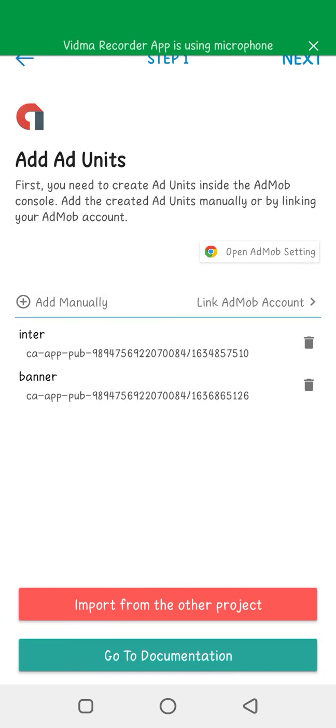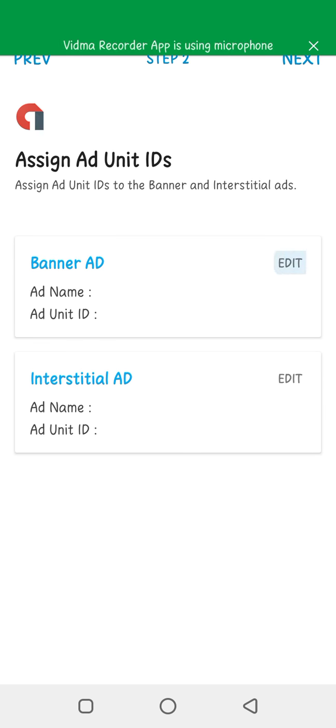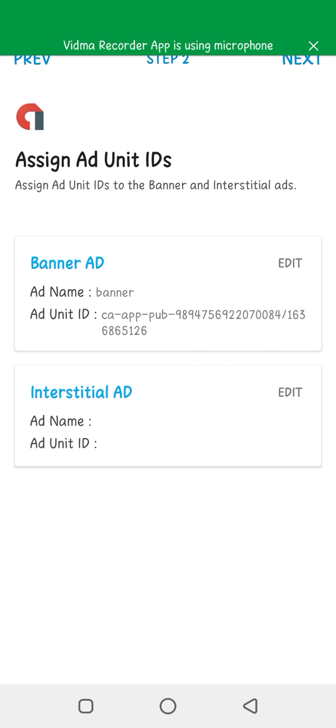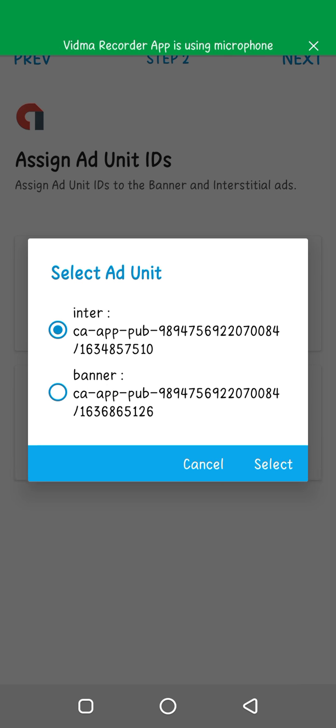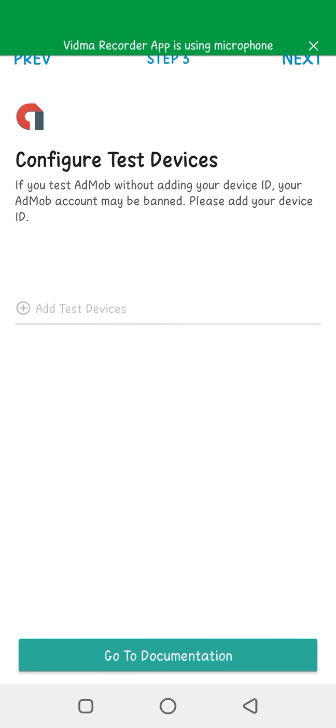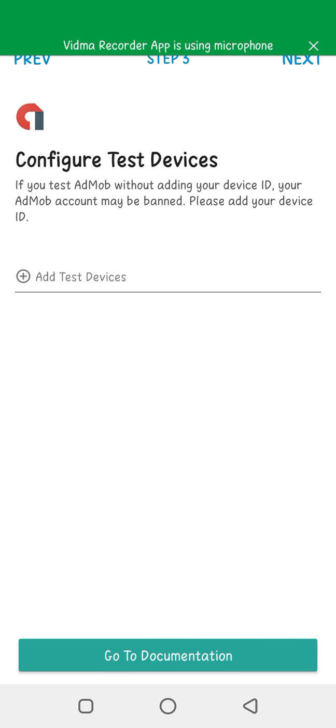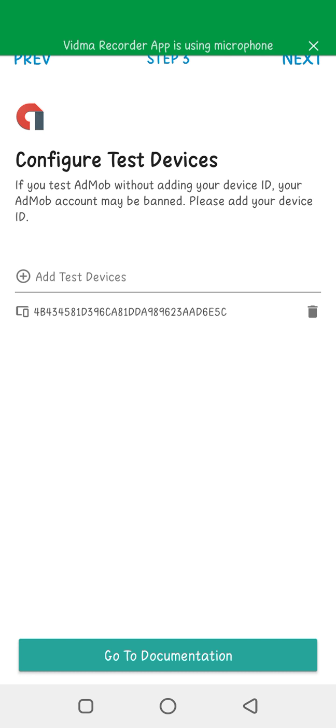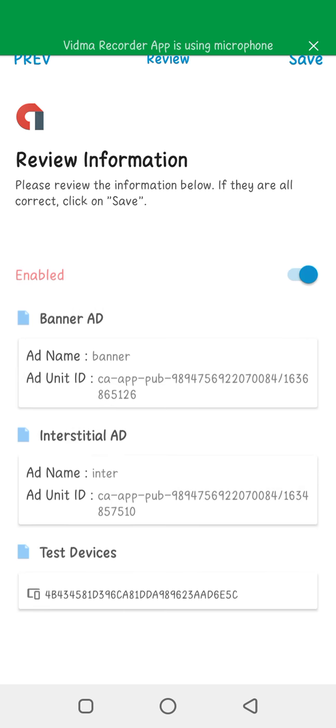Then we'll click on next. Now we're fixing this for banner add. We click on banner, and this one interstitial. We click on interstitial. Now we move to next. Now you have to add your test device. Once you click on that test device, your test device ID will be there already. If you don't add this test device, Google will block your AdMob account. So we add, then we click on next, then save,